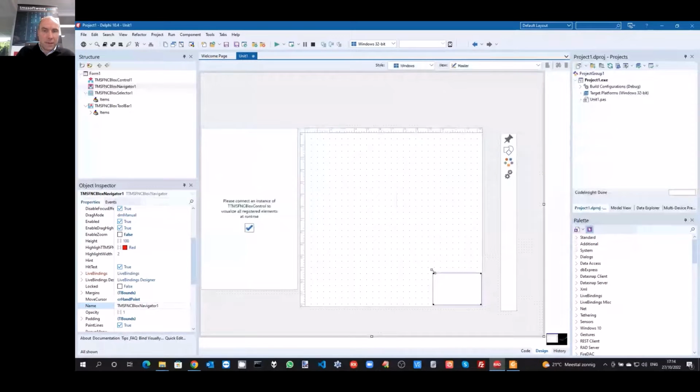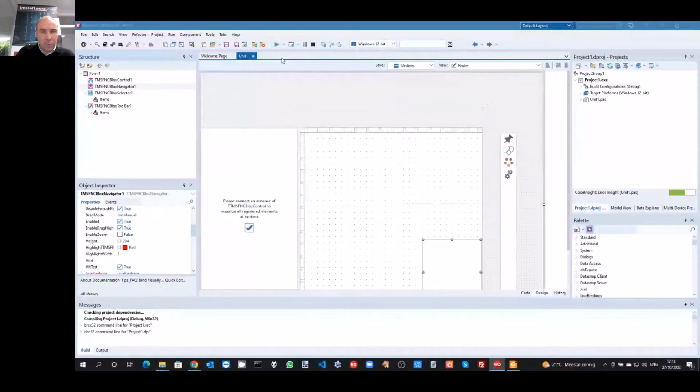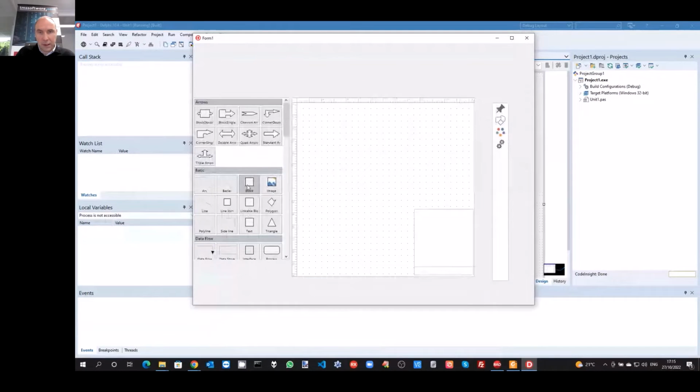So now we have a FireMonkey application, and it will perform exactly the same way as it did for the VCL application. And that means, of course, that you can change the target of this FireMonkey application to also compile for the Mac, for Linux, for iOS, or for Android. So as you can see, I have the exact same behavior here in my FireMonkey application, like this.